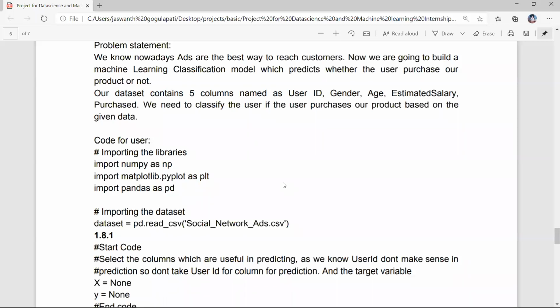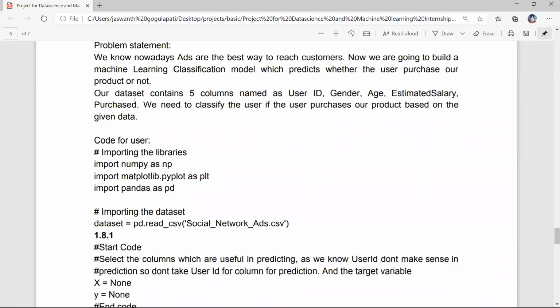Nowadays a very popular way to get our product to customers is using social network ads or television ads. In this module we'll take the social network ads data, in which we have five columns: user ID, gender, age, estimated salary of the user, and whether he purchased or not, purchased yes or purchased no.